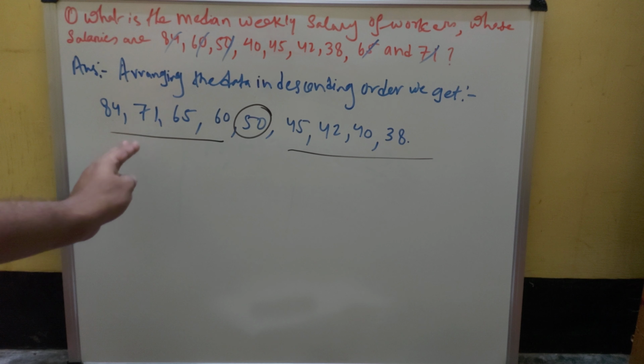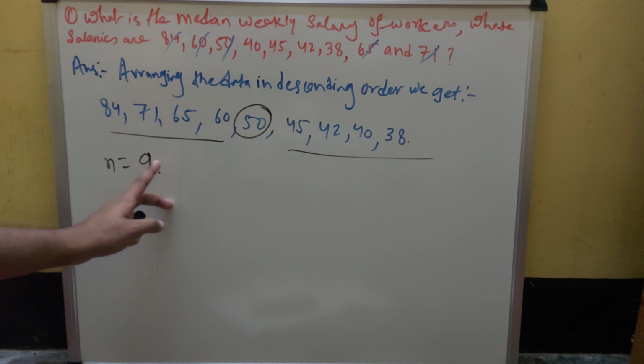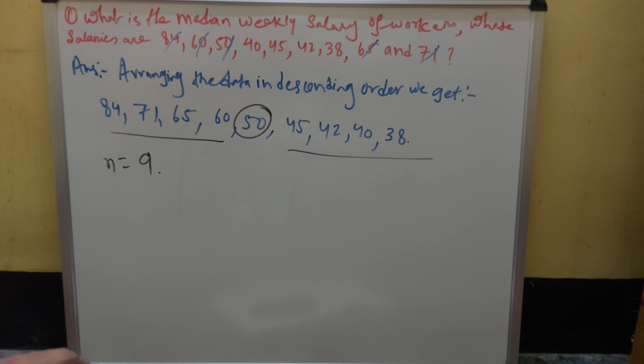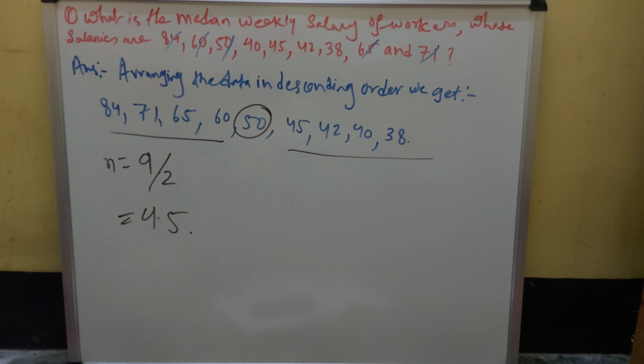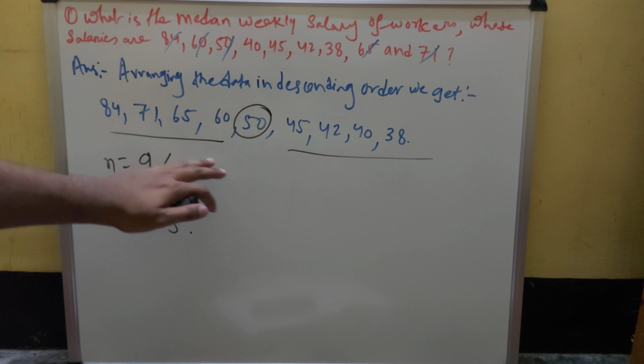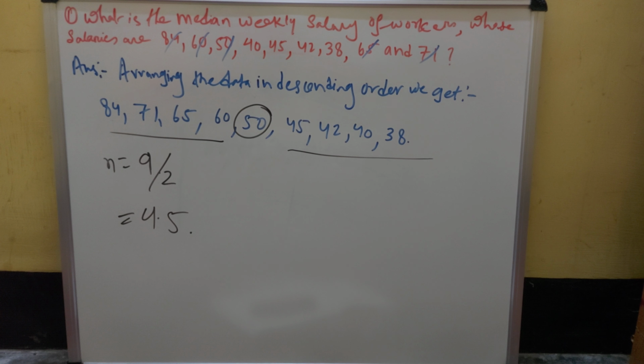Now look one thing, if we count the number of salaries, it will be how much? N equals 9. Right, N is the number of salaries. We will not write N as F, okay? F you can write, it's not wrong, but in this case we will write it as N. N is how much? 9. If you divide 9 by 2, it's how much? It's 4.5. So exactly 4.5 is which one? 4 and 0.5, right? So this is the median. This is just to cross check. Okay? So are you clear?